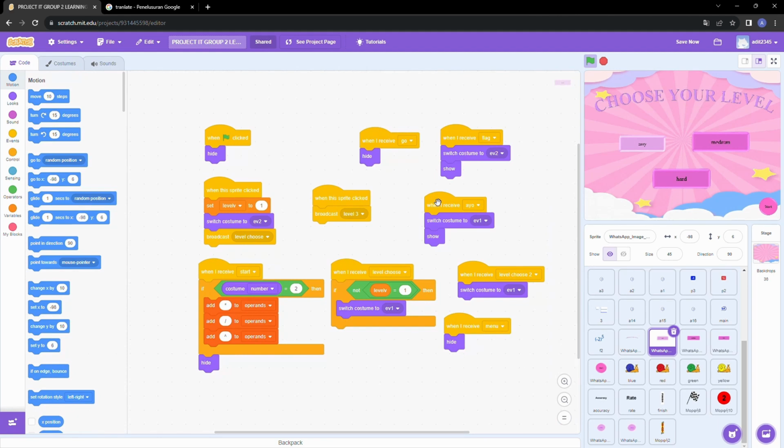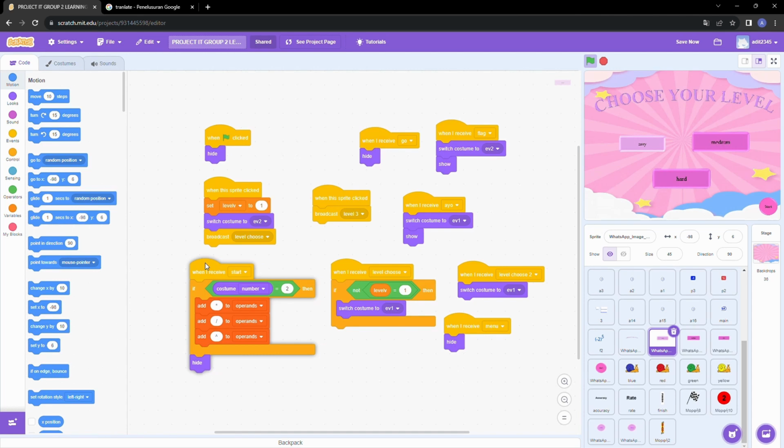But if you click a different level, the costume will change again back to the normal costume. So if, for example, you click the easy level and click start, the code will add the